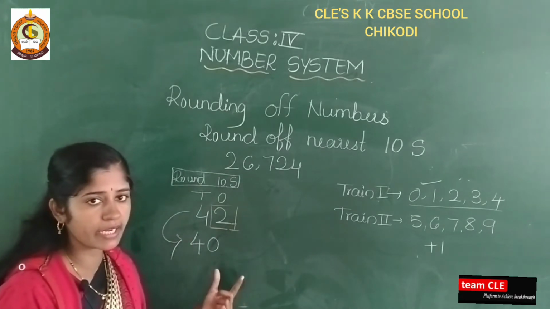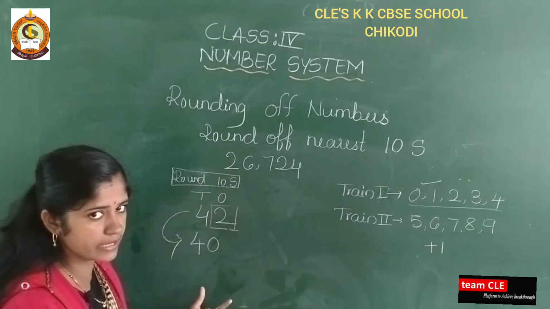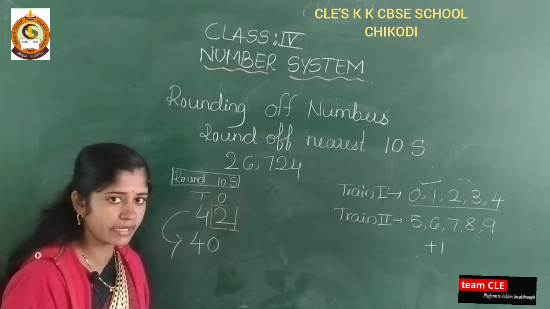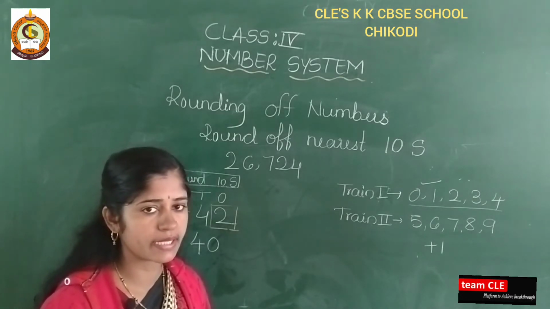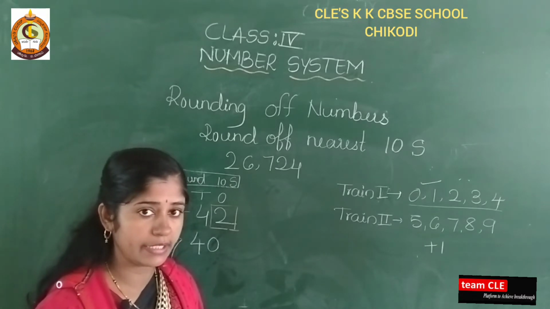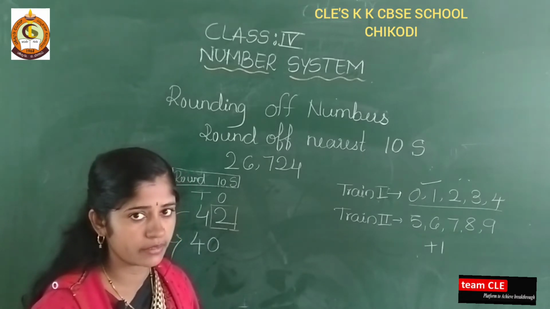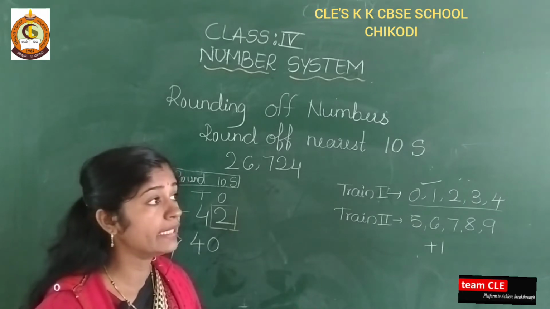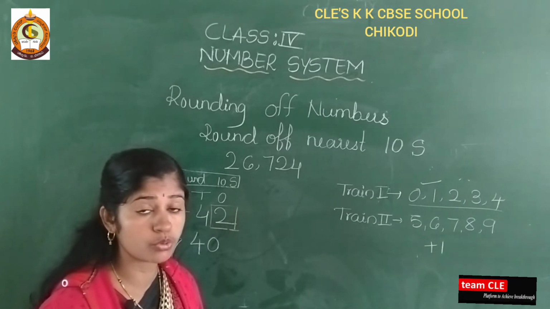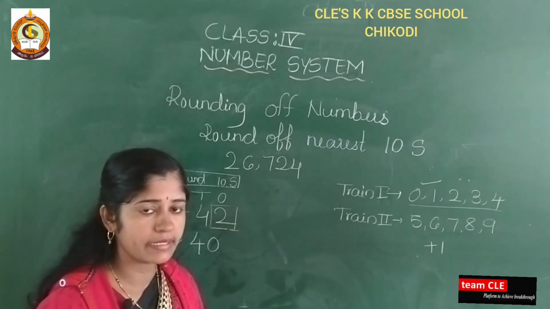It is a rough calculation of the numbers. If there is a birthday party, you don't know how many people are coming there. You are guessing the number. It may be 84, or it may be 100. The people who will come are only 84. For example, how many trees are there in Chikodi? You don't know the exact number. It may be 1 lakh.